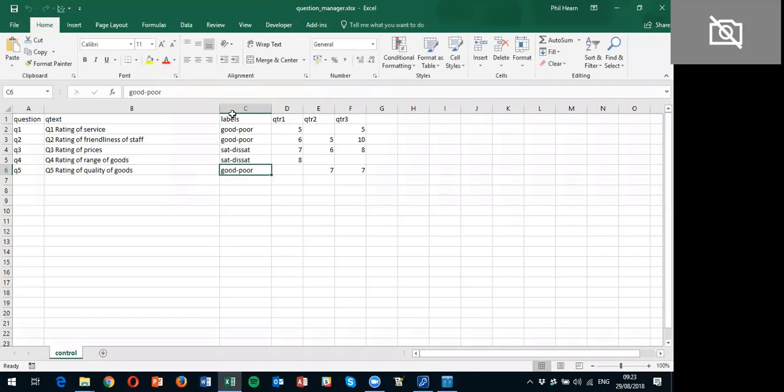But you can see I've added a feature in here now for this one where it's been extended to say, well, the labels for question 1 is the rating scale good to poor, question 2 is good to poor, 3 is satisfied to dissatisfied, and so on. So I'm adding another control in here to say